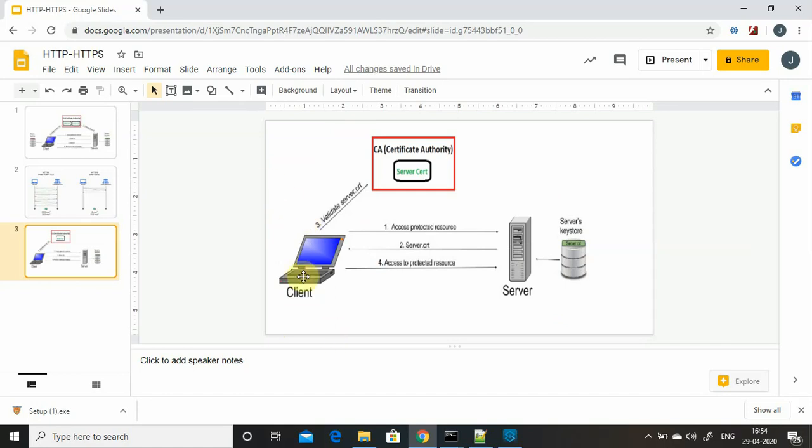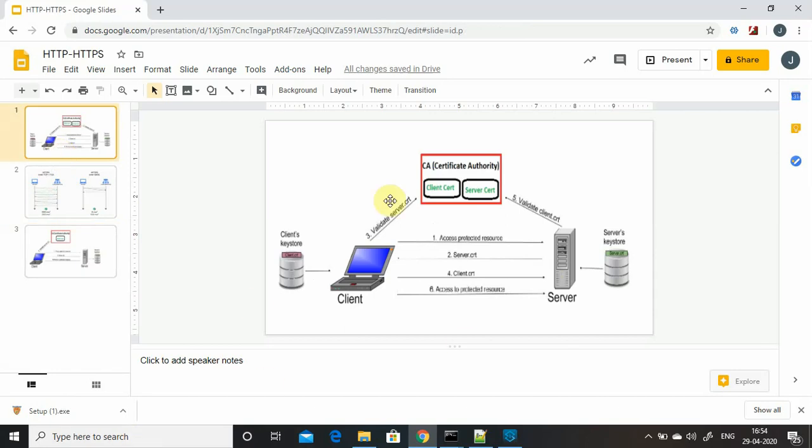So in one-way SSL we require one trust store connected to the client and one key store connected to the server. The private certificate we never share with anybody. It is always used to decrypt the data, whereas a public certificate is used to encrypt the data.